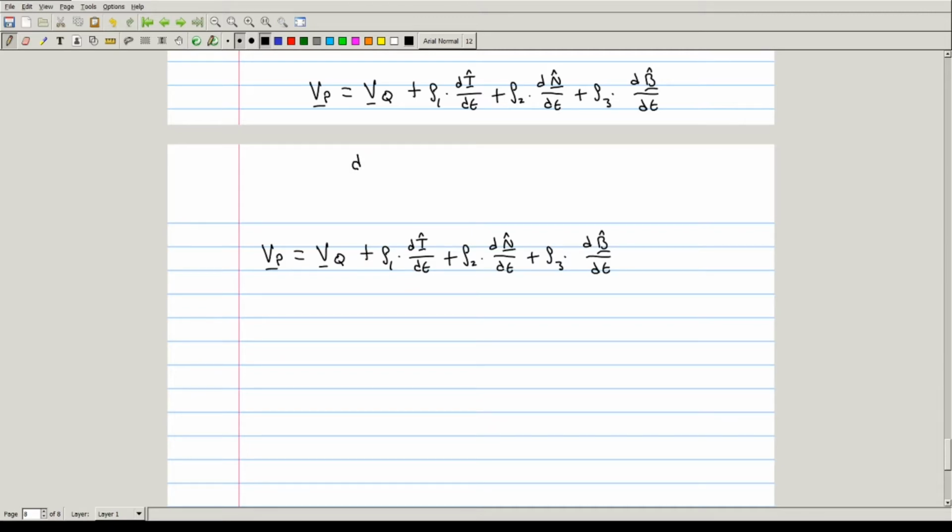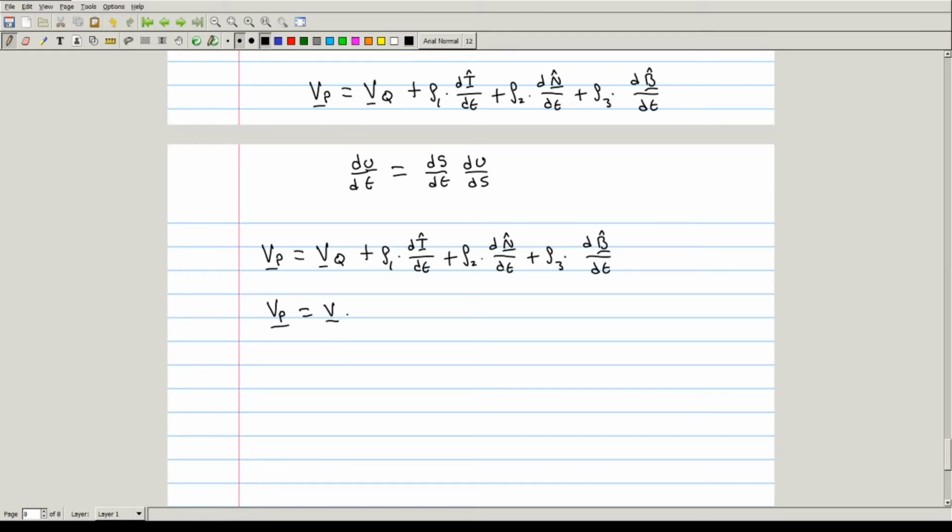Recall that the derivative of anything with respect to time is going to be the derivative of f with respect to time times the derivative of u with respect to s. And this is how we have the chain rule, and the chain rule again is how we have to translate our derivatives. So we have here the equation that the velocity of the point P is equal to